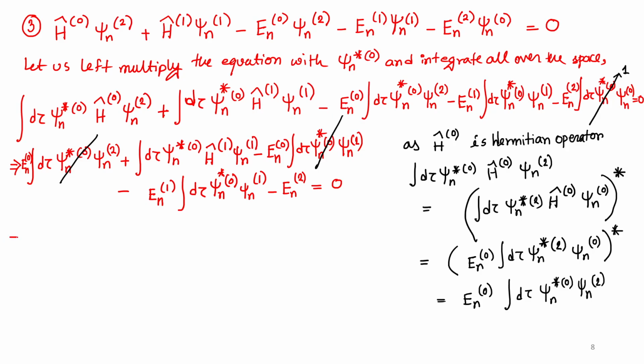So what do we have now? We have this Hamiltonian, the second order correction is equal to these two terms, that d tau psi n star of this